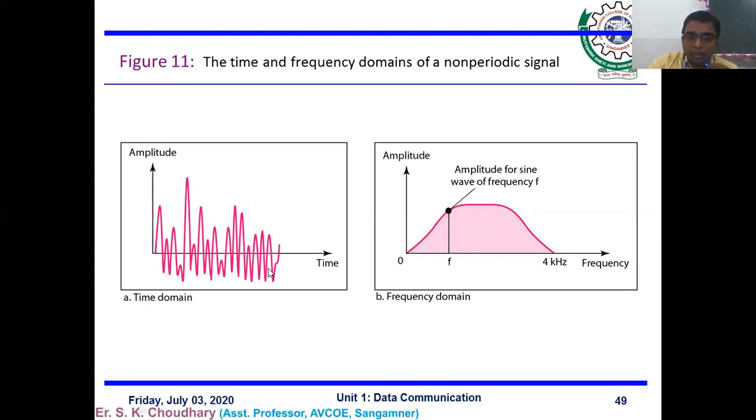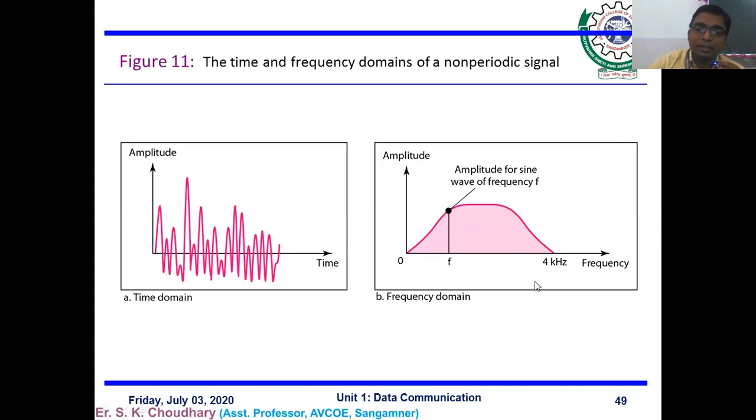And when we have to convert this non-periodic composite signal into the frequency domain, this kind of continuous pattern would be generated. You can see here the fundamental frequency is f, where the amplitude would be nearly maximum, and it remains at the maximum amplitude, and after some time it decreases as you go to the higher frequency range. It starts from the 0th frequency to some maximum frequency. Here it is shown as 4 kilohertz, but it could be any value. So this is the difference in representation between a periodic composite signal and a non-periodic composite signal.